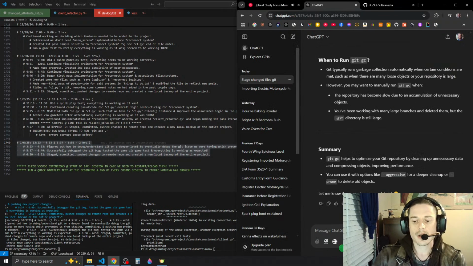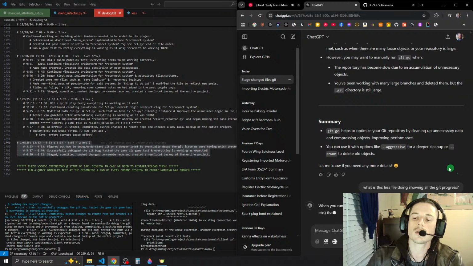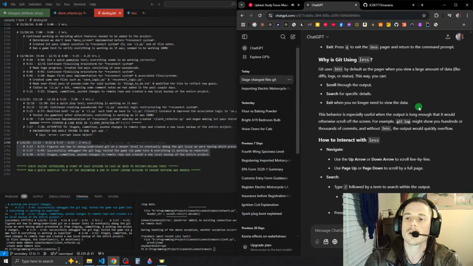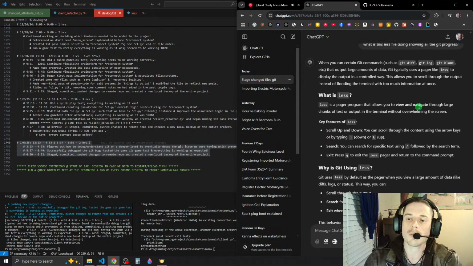So what is this less file doing, showing all the git progress? When you run certain git commands such as git diff, git log, okay, it's because I ran git diff. That outputs a large amount of data. Git typically uses a pager like less to display the output in a controlled way.